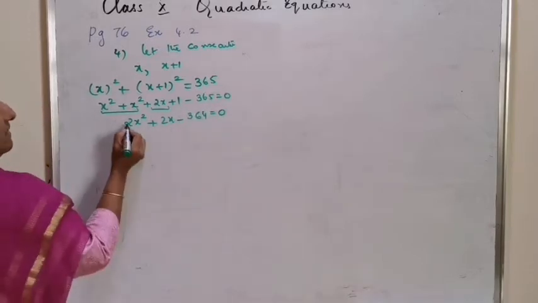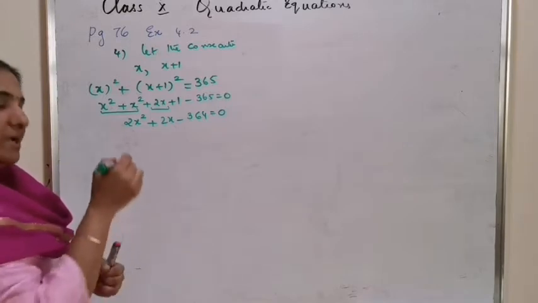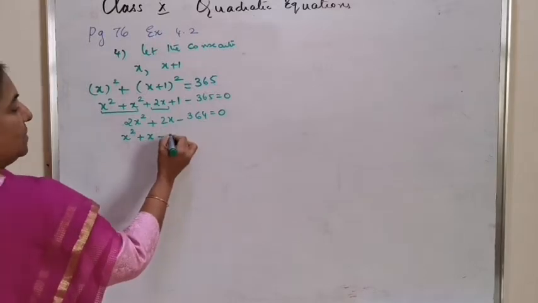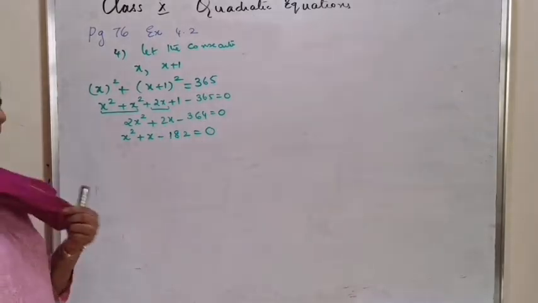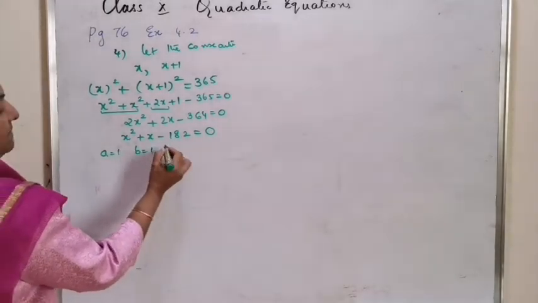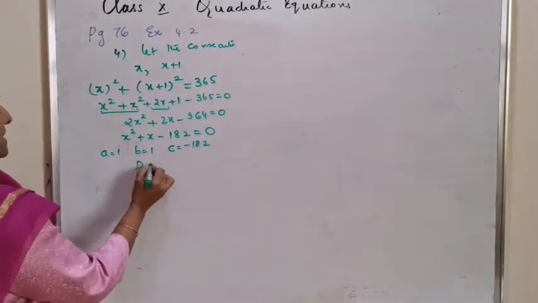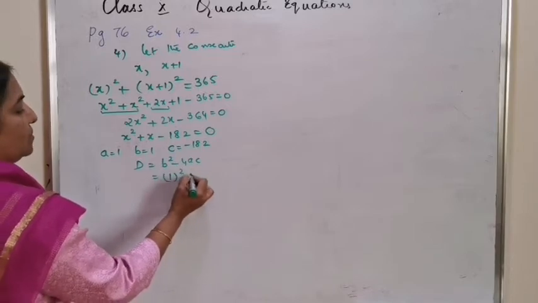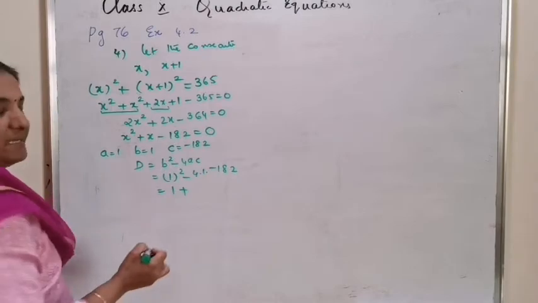Now, everywhere you can see 2 is divisible or 2 is common. You can reduce the equation as x square plus x minus 182 is equal to 0. Now, with the quadratic formula, a equal to 1, b equal to 1 and c is equal to minus 182. D is equal to b square minus 4ac, 1 the whole square minus 4 into 1 into minus 182, 1 plus